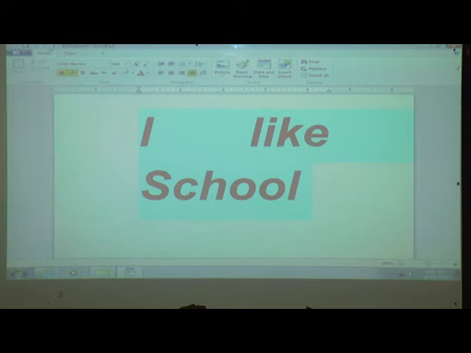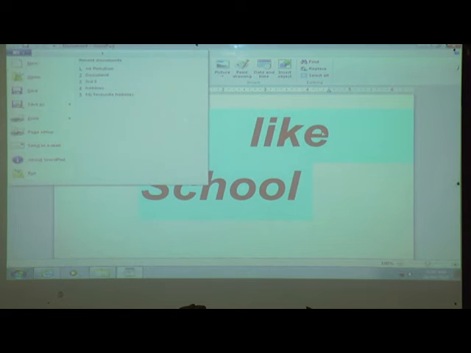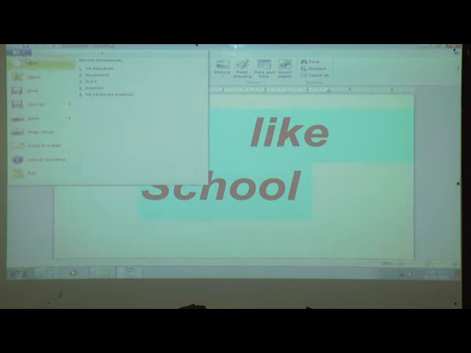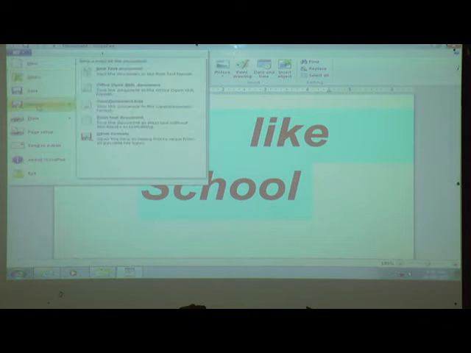Where is the quick access toolbar? These are the components of the quick access toolbar. When we click on this, what is the name of this button? WordPad button, right? When we click on the WordPad button, we get these options: new, open, save, save as, print.